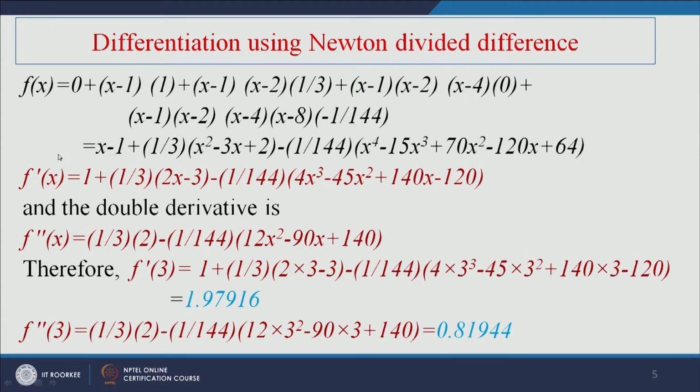And if you take the derivative, that is in the form of f dash x. So f dash x can be written as the first derivative 1, plus 1 by 3 into x square minus 3x plus 2, whose derivative is 2x minus 3, minus 1 by 144, then x to the power 4 gives 4x cube minus 45 x square plus 140x minus 120. So the final form we obtain for f dash x is